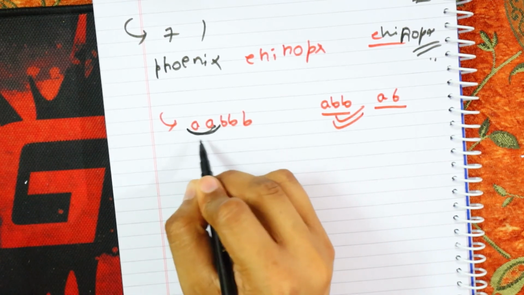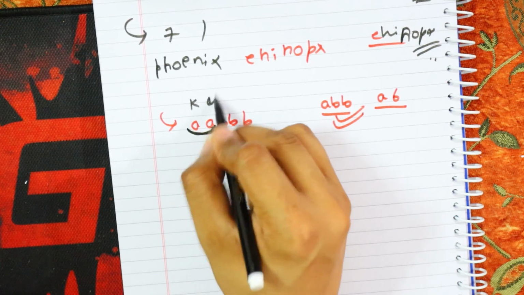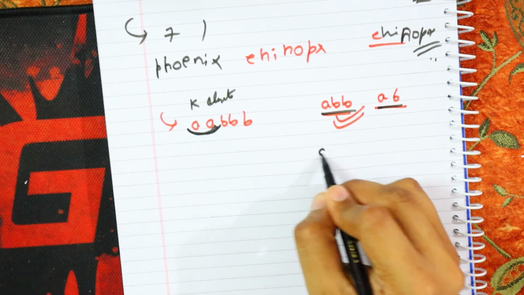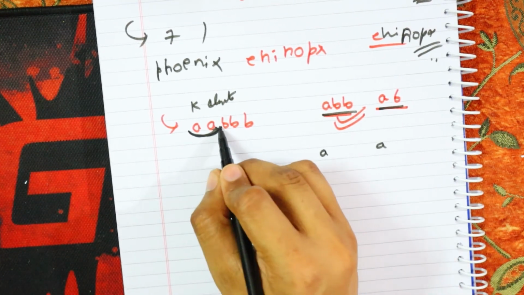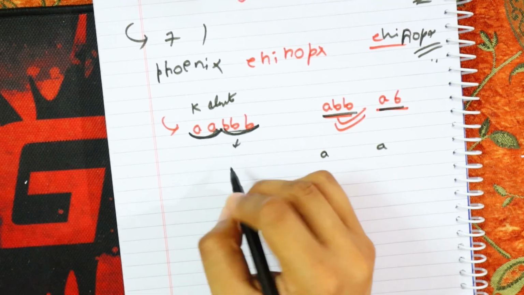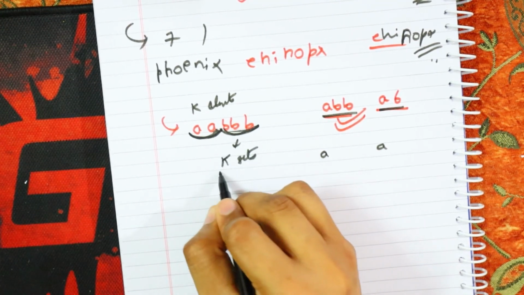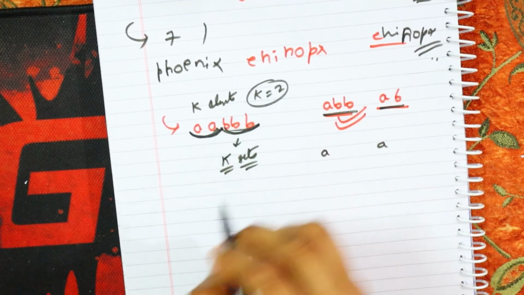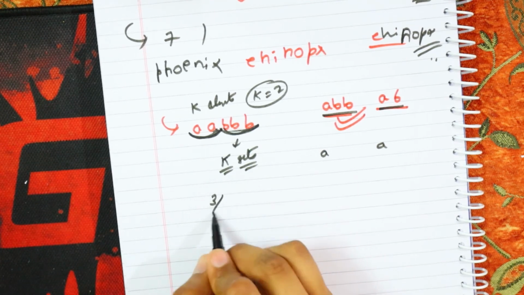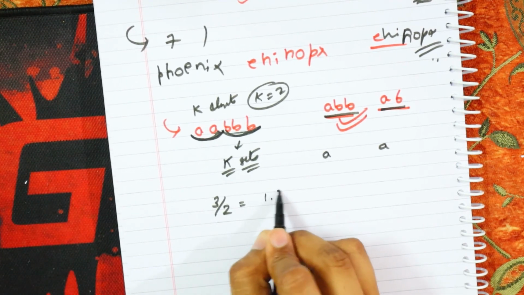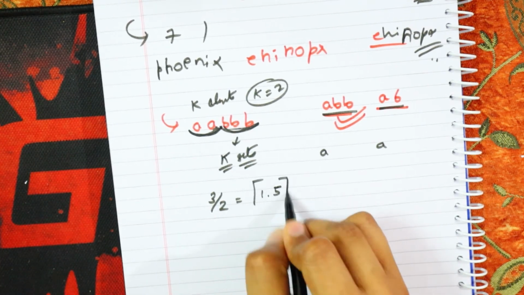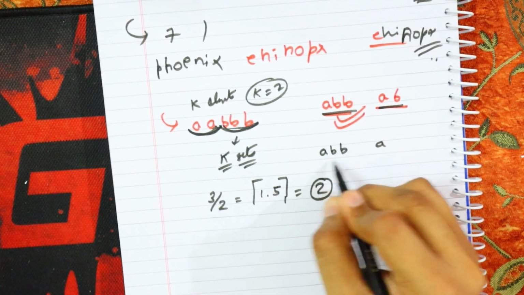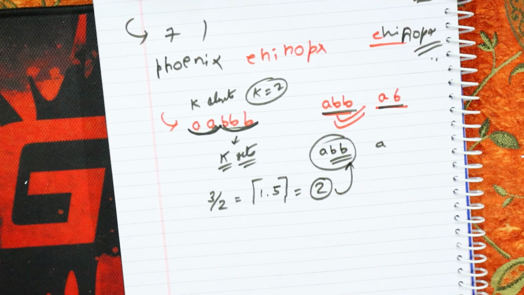So what I will do is that first of all I will have my these k elements in my this. So first of all I had my AA, which is fixed. Now I have to place these B elements in my k sets. So here k is 2, so 3 elements in 2 sets, which gives 1.5, so I will have my ceil value of this, which gives 2. So I will place 2 B's in my answer, so I will get my whole string.